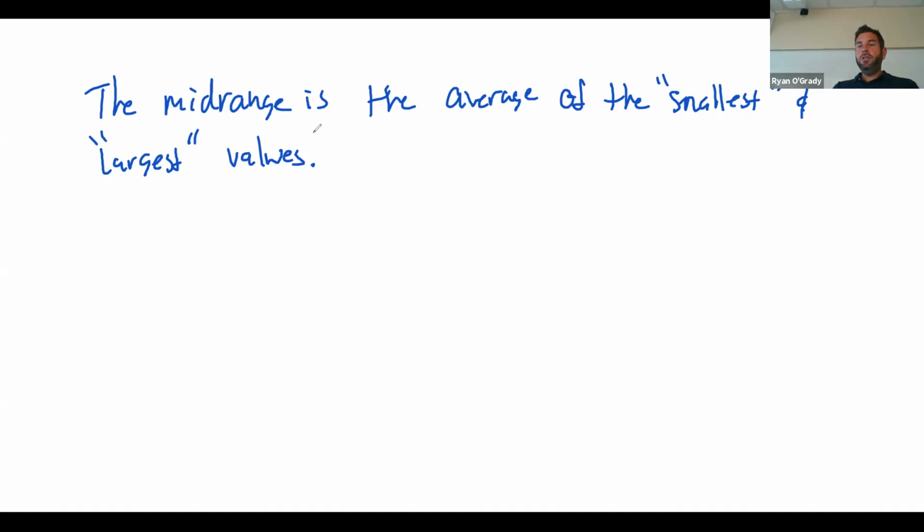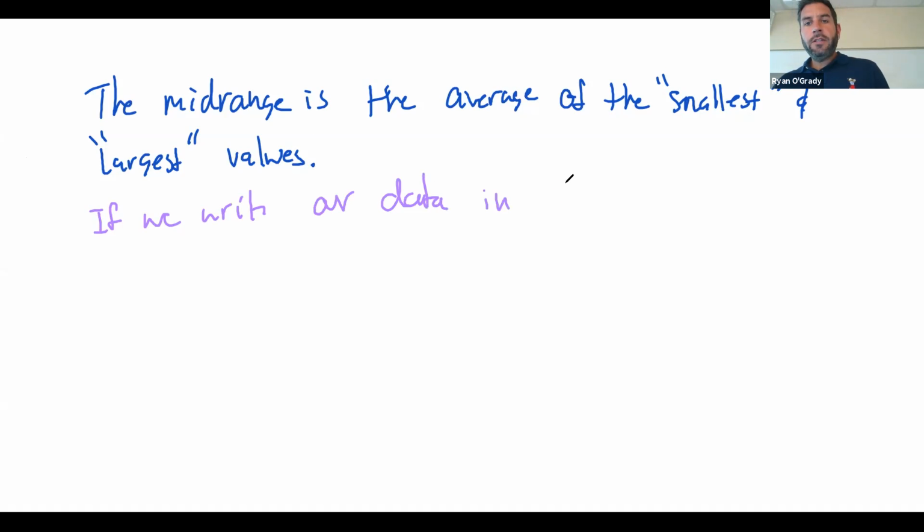The mid-range is really a very intuitive thing. You take the number that's the lowest and you take the number that's the highest. So, let's be very clear with what we mean by that. If we write our data in, say, ascending order,